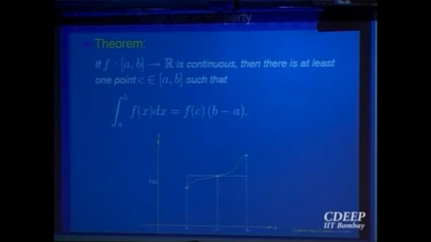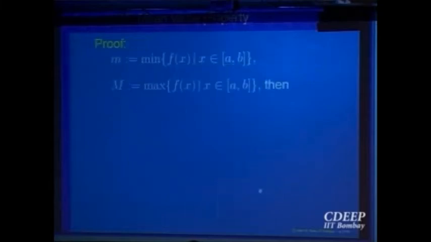So it's a very logical way of thinking about what the proof should be. You want to show that at some point the value f(c) is taken, so somehow you have to apply the intermediate value property, and continuity should give a hint on how to apply it. So let me show you the proof. Let us write small m to be the infimum of the function, and capital M to be the supremum, or maximum, of the function in the interval [a, b].